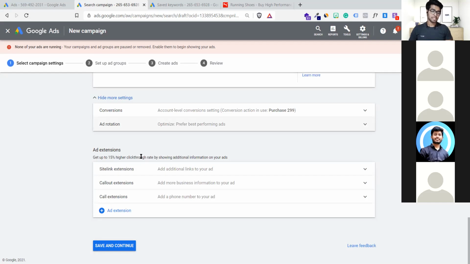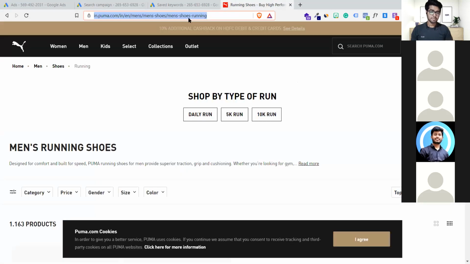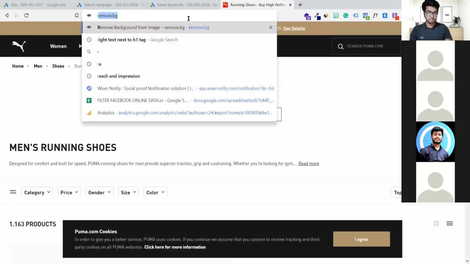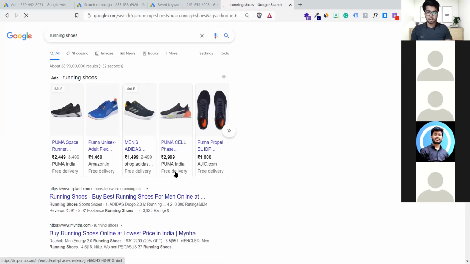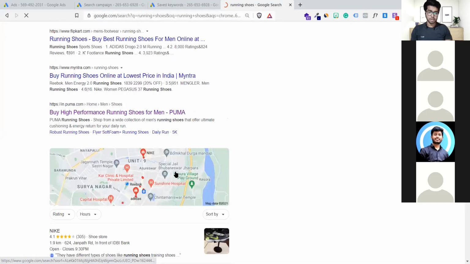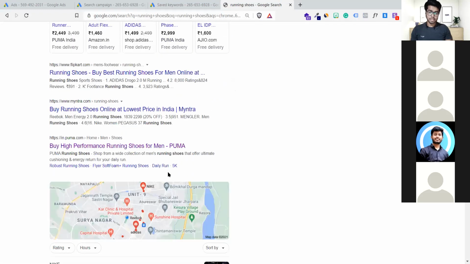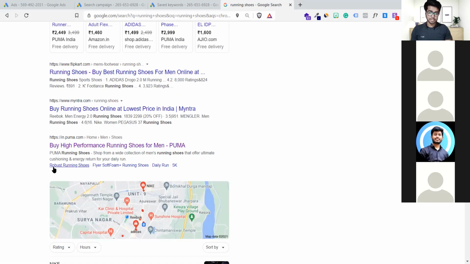What is ad extension? Anyone using ad extension knows? Site link extension, those links which appear below the meta description. Yes, like map extension, call extension. Absolutely. Let me just see if we are able to get some advertisement right straight. Okay, so can you guys see all this? Those who don't know, here is one.